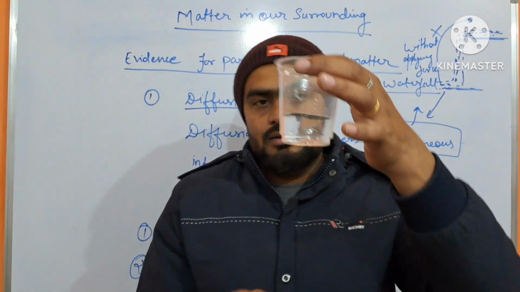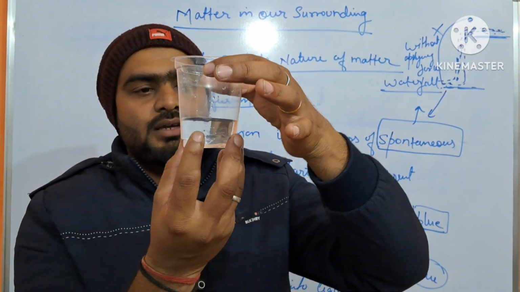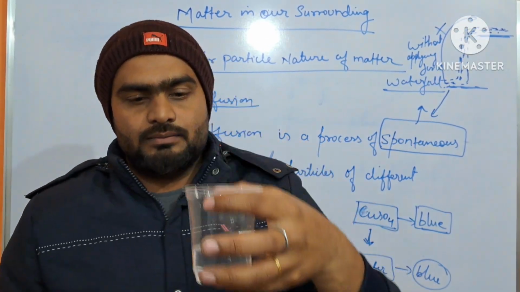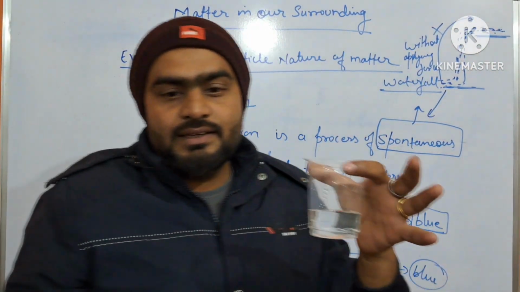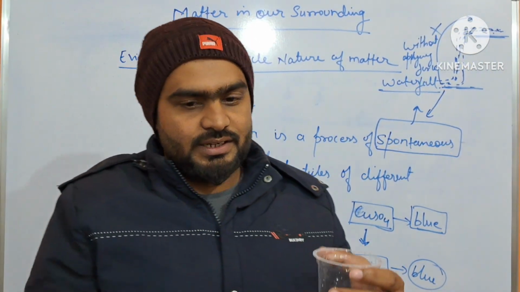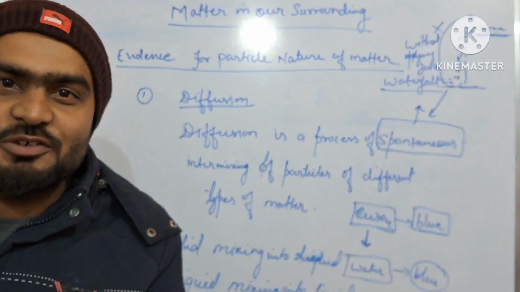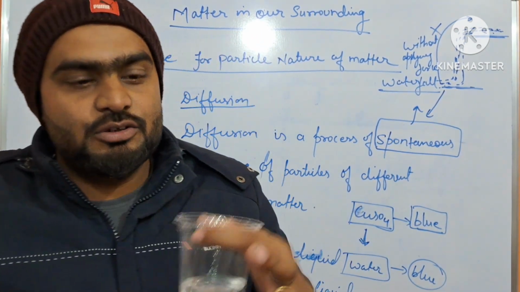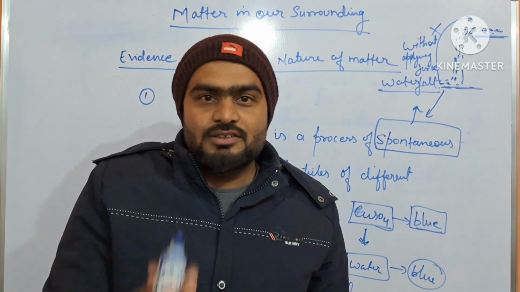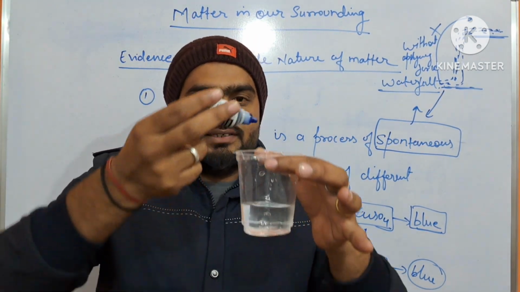This is water. Here we have taken it in a disposable glass. The use of plastic is banned, but here we have limited resources, so we use the disposable one here, but next time we will use a glass. Okay, so this is the ink. So when we mix here,